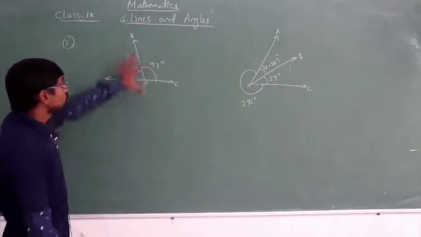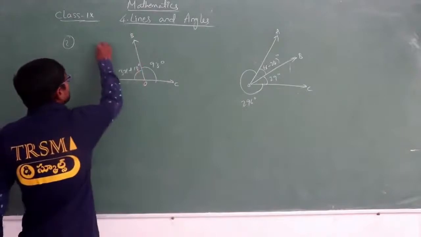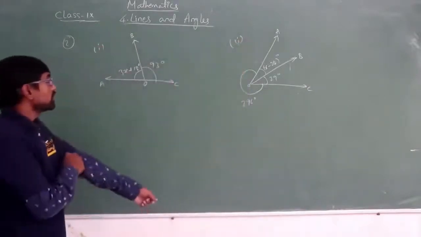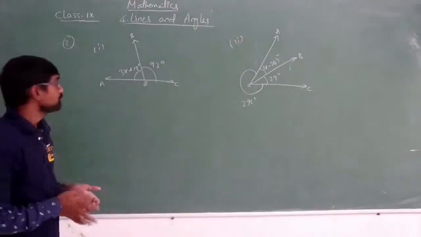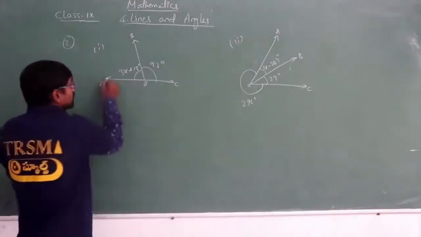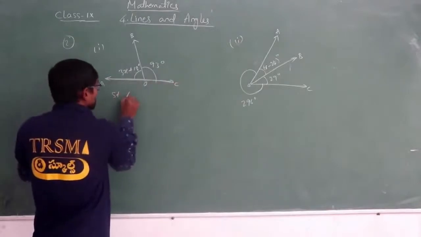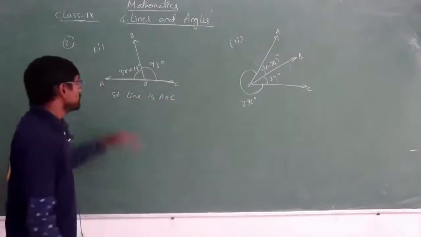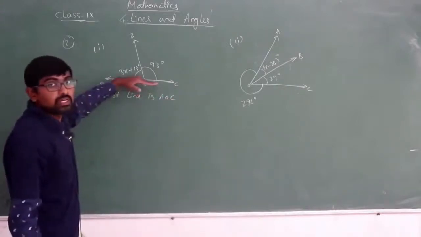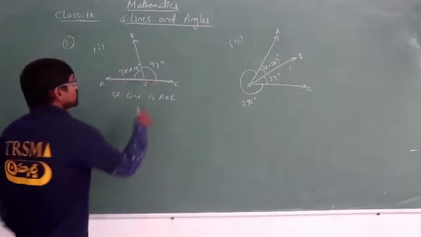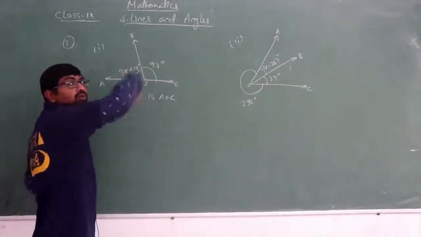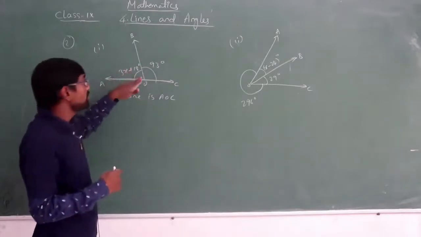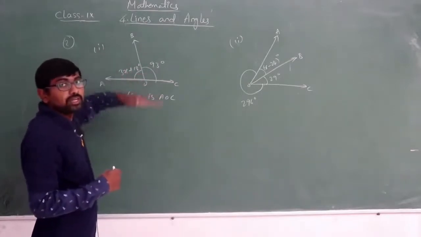So here you can see, now from this question number 1, you can see directly what he had given. Okay, here he had given one straight line. You can see one straight line, AOC. Here it is a straight line, isn't it? So from here we can take the straight line angle, isn't it? So we don't have bottom angles, we have only top angles, and the variable value is also represented on the top side.